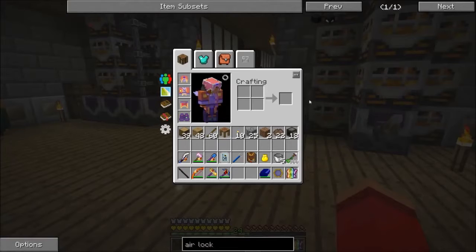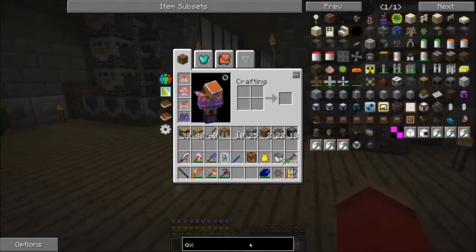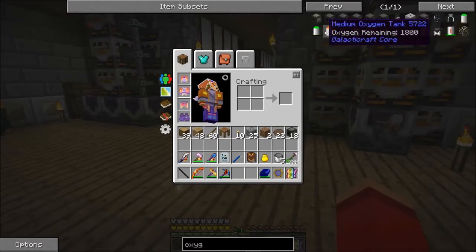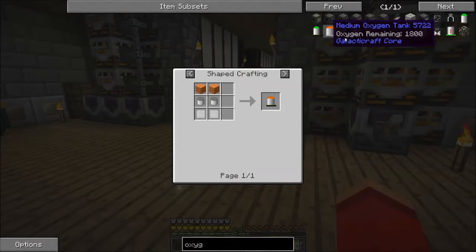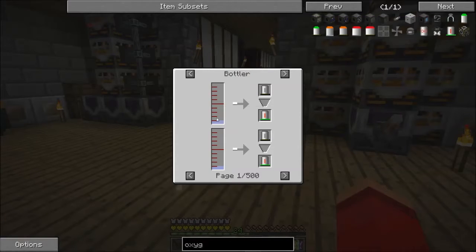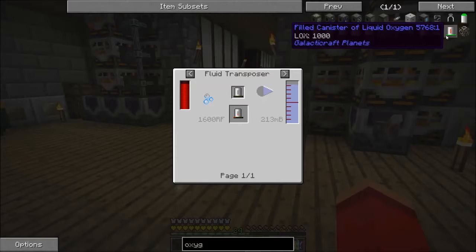So I've made 18 oxygen collectors, but I think with liquid oxygen, because it does go into a fluid transposer. Oxygen. Which I don't think... Oh, wait, hold on. You can fill the tanks with liquid oxygen? Liquid oxygen uses filling tanks. Maybe I could pump liquid oxygen directly